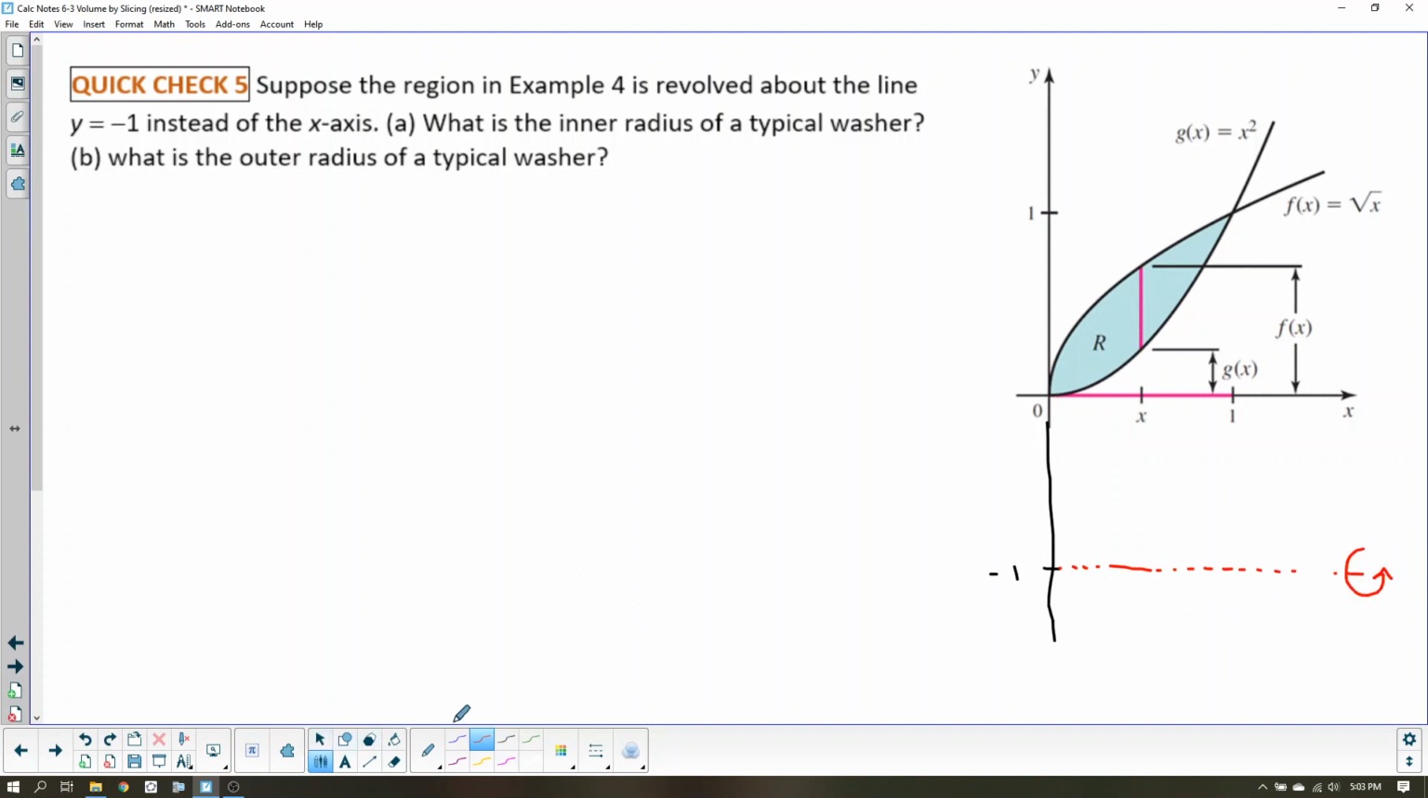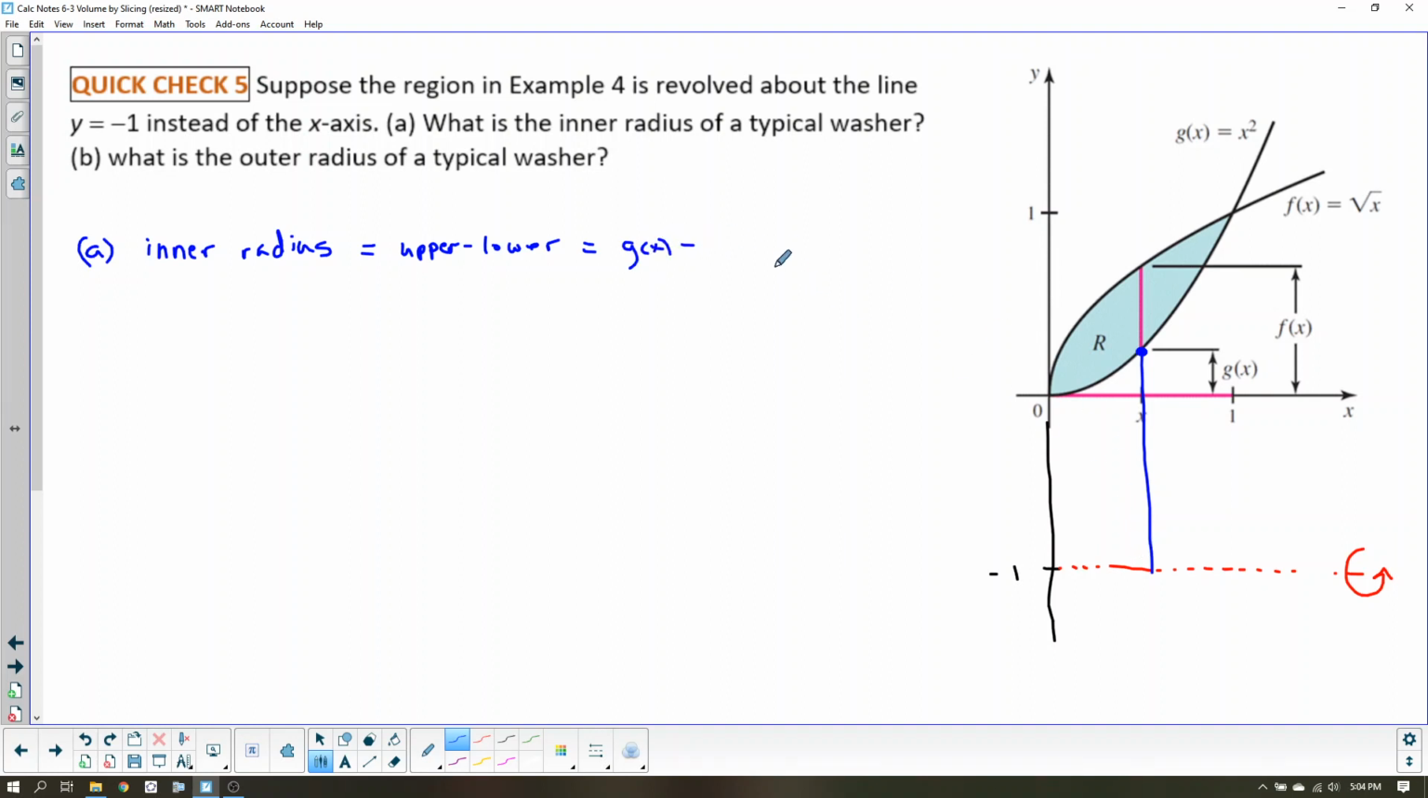So the problem actually is not asking us to find the volume, it's asking us to write down what the inner radius and the outer radius are. Okay, so the inner radius would be the shorter radii, so that would be this distance here. I'm just picking a random x value, but the length of this blue segment would be the radius. There's a couple ways you can think about how to find the length of it. One is to always just do upper minus lower. So in this case, upper would be the function value g of x,